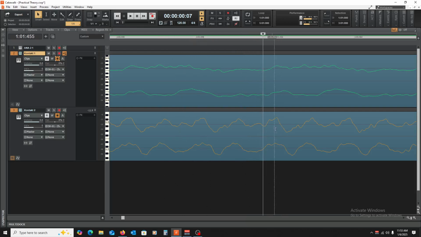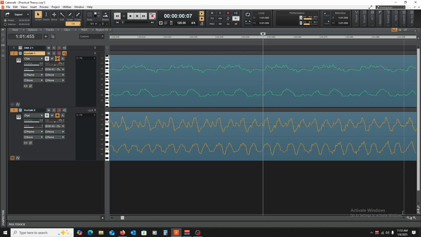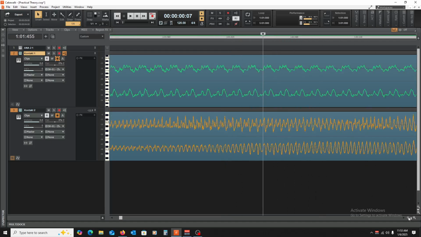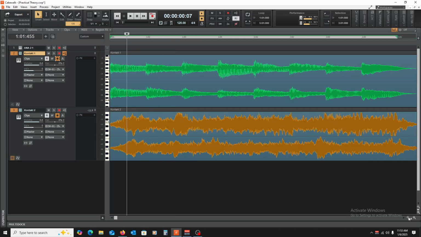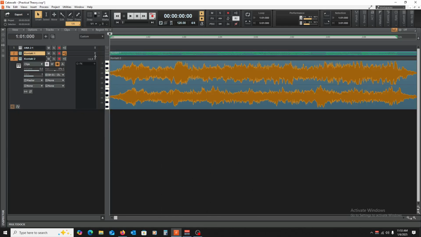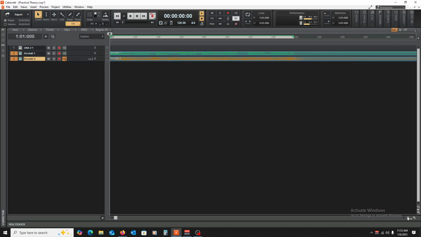So that's what makes a piano sound different than a violin. They have different waveforms. A bass is going to look different from both of these as well. And so these waveforms are what give the sound its characteristic, and what make it possible for you to distinguish between whether you're hearing a piano or a violin. All right. And so those are the waveforms. So hopefully this is making sense and you're tracking with me.